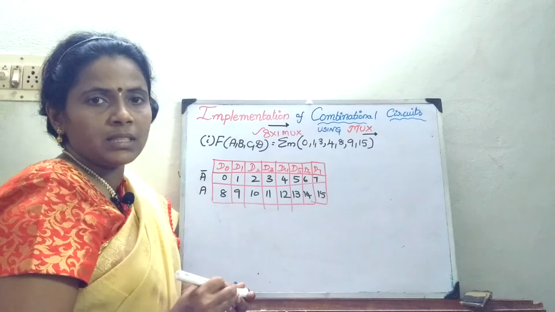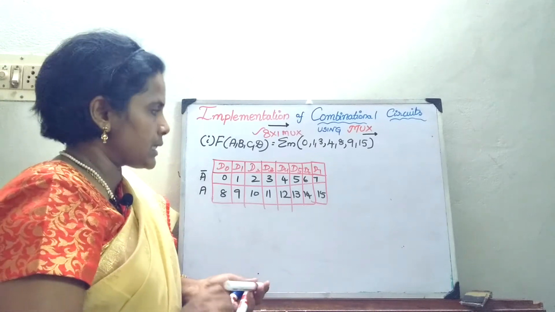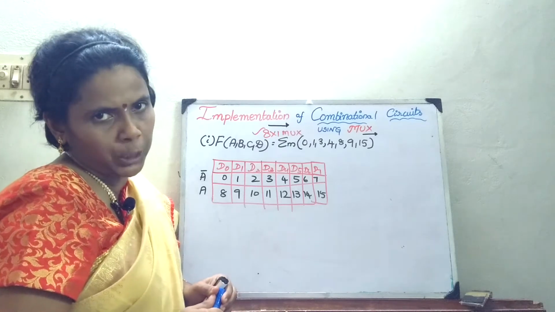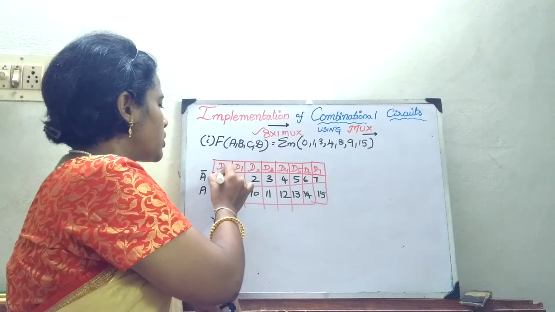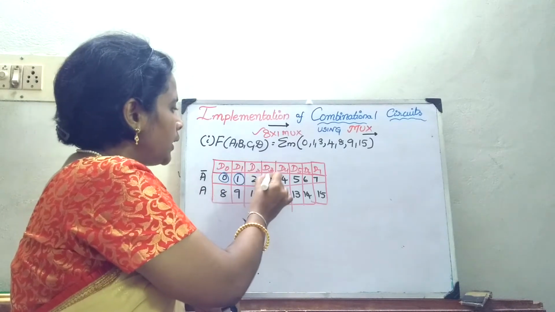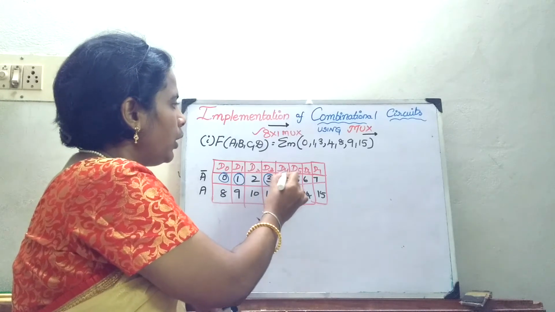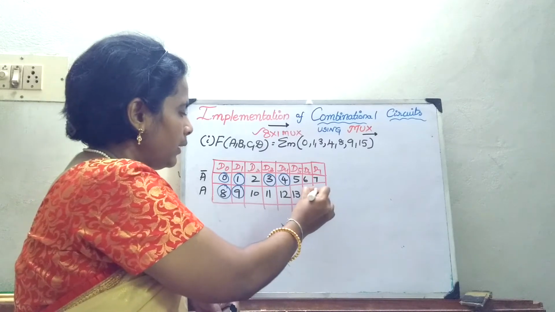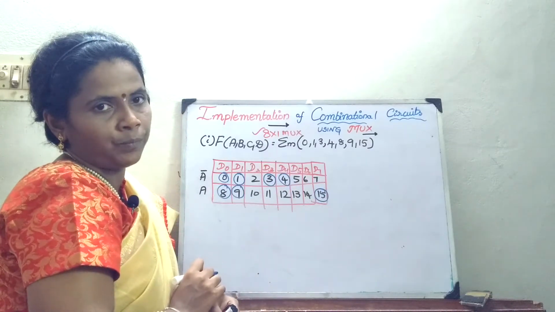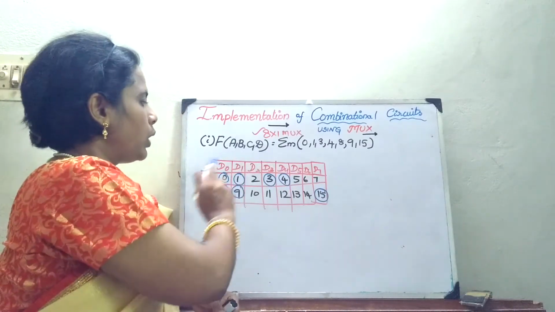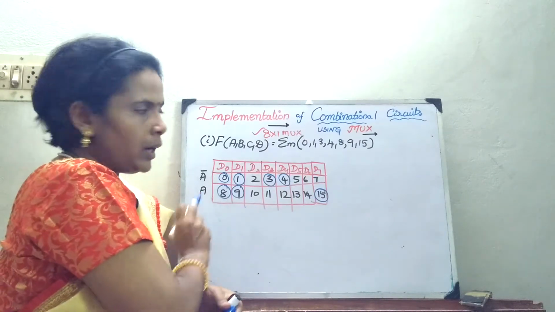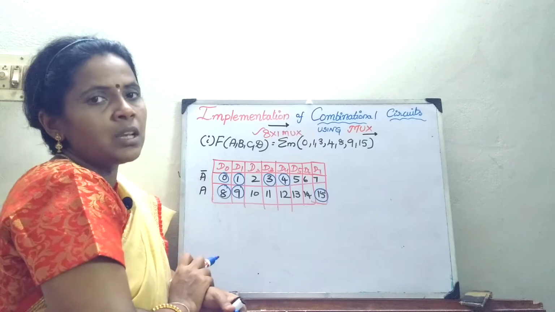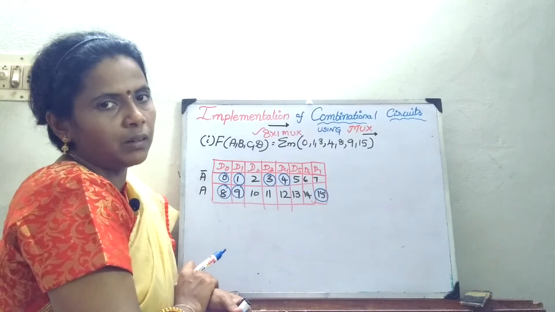Okay, what is the next step? The next step is to circle the variables which are given in the expression, right? So it is 0, 1, 3, 4, 8, 9 and 15. So friends, whatever implementation table you have drawn, just incorporate the data given here. The min terms which are present in the equation are marked here.